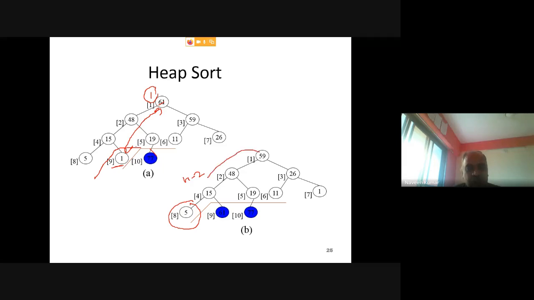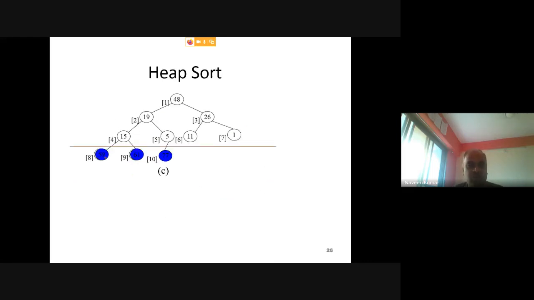First with the last cell in that array. Then reduce the size of that array by 1. Then apply that special function that will fix the root element to its correct place to become a max heap. So in the next iteration, 59 will be fixed here, the array size will be reduced by 1, and this will become a max heap.